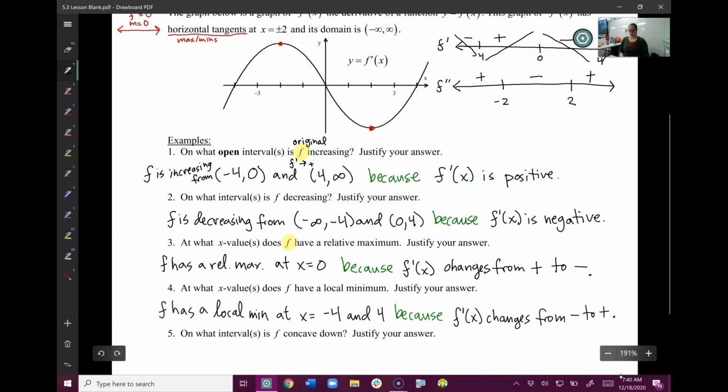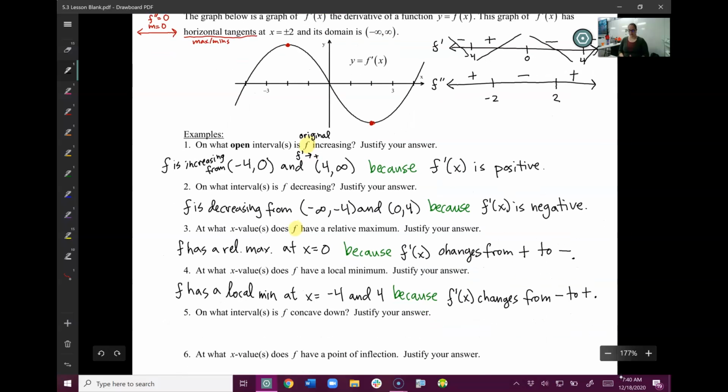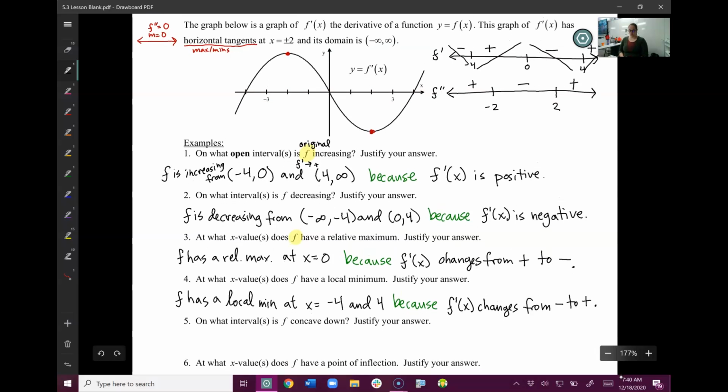Okay, next one. On what intervals is f concave down? So the original is going to be concave down. So we've got concave up, concave down, concave up. So it looks like from -2 to +2. So f is concave down from -2 to +2